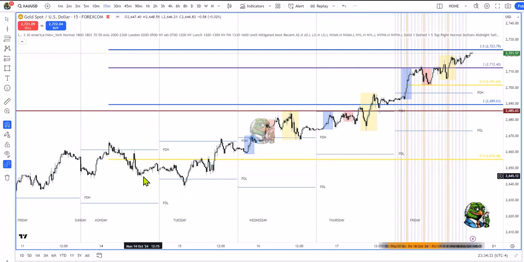At that point, we've already got Monday printed, and so therefore we can use this range projection and expect at least a 200% range expansion, because that 200% comes in, that blue line there, above the most recent high, right, when we're down here. That 2685 was the most recent high, okay? So that would have been a valid expected target based on a range projection, okay? And I think we were targeting 2674, okay?